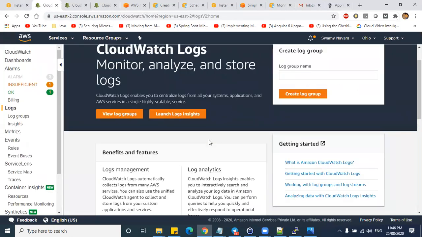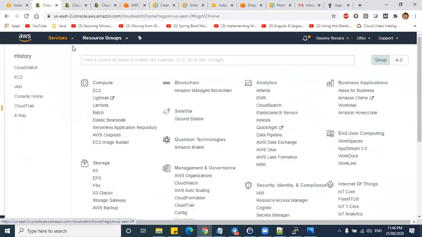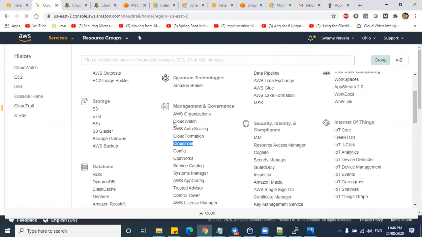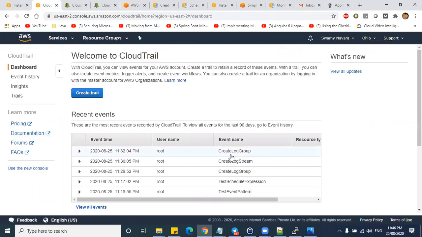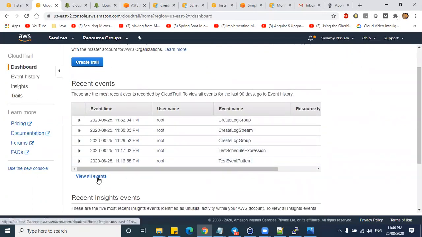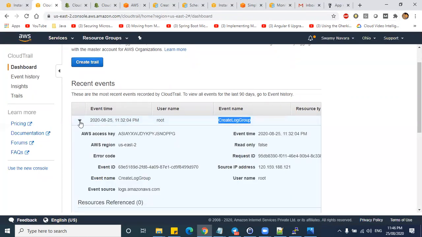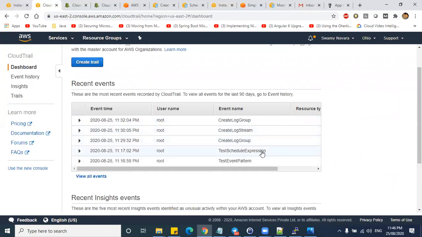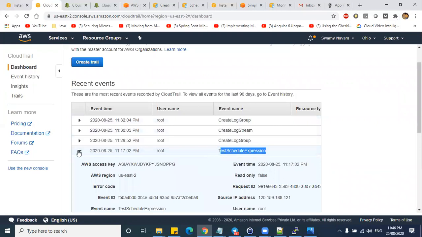I'll just take 2 minutes to explain CloudTrail. There is one more service under management and governance, which is CloudTrail. CloudTrail monitors each and every activity done in your AWS account. Say, for example, I have an account. Under this account, every activity is recorded: in the last 5 actions, we created a log group, created a log stream, and scheduled an expression.